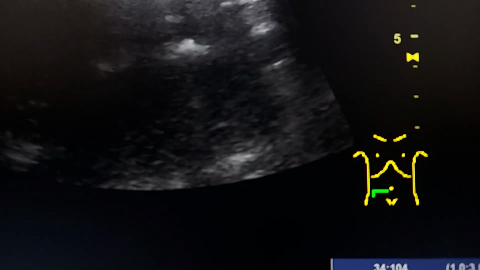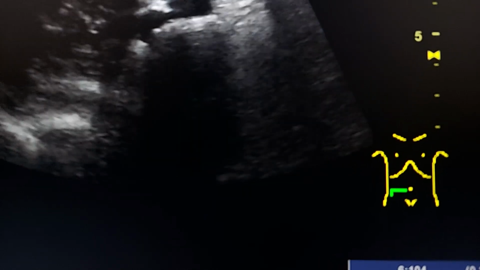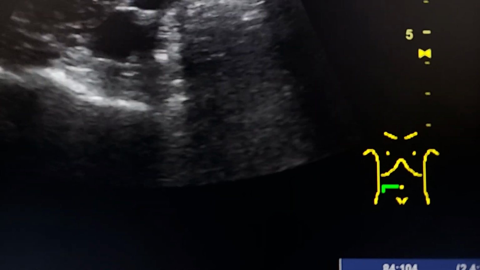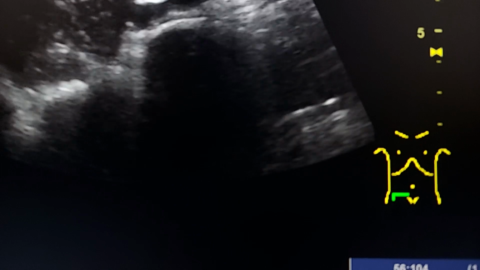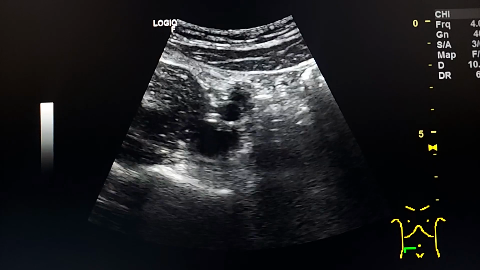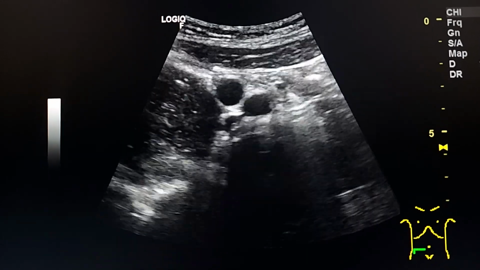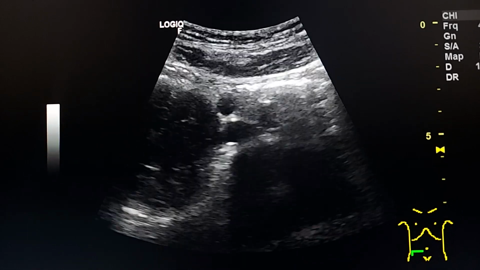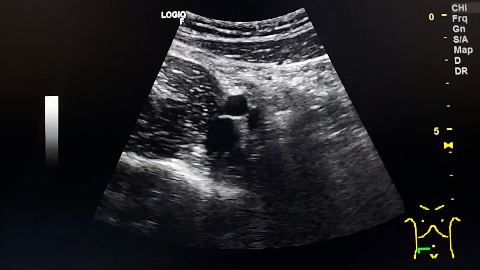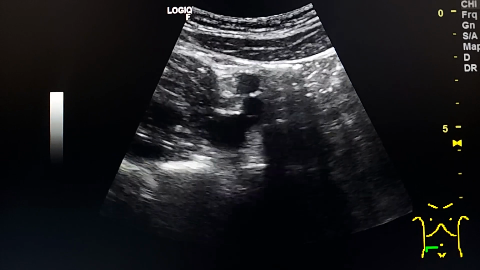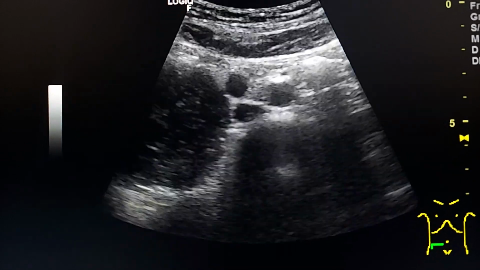We slide the probe from here to here with pressure on the abdomen, and we see the iliac vessels and the dilated ureter anterior to them